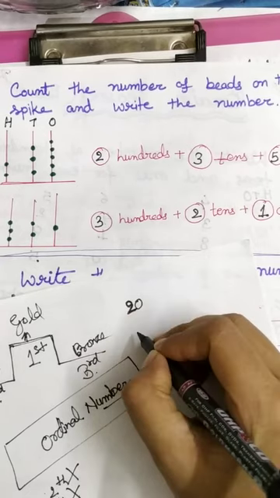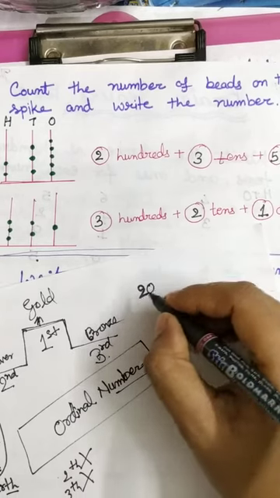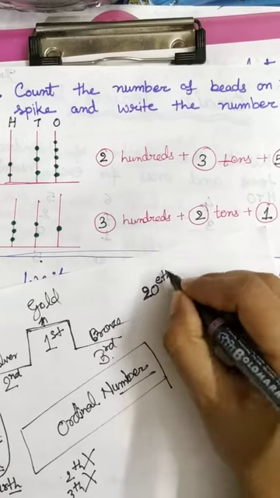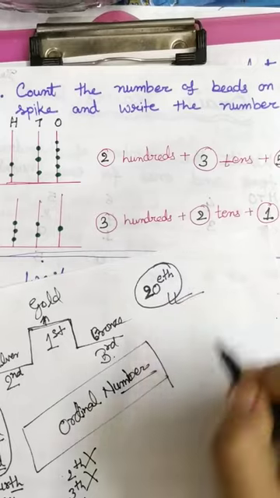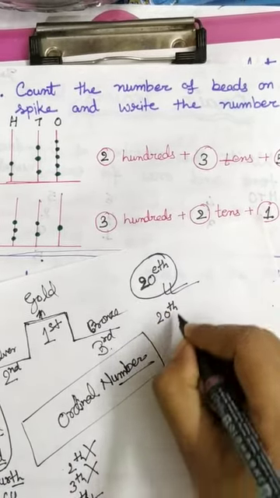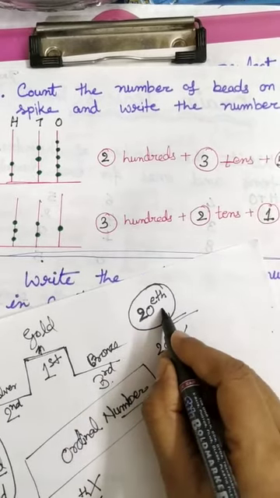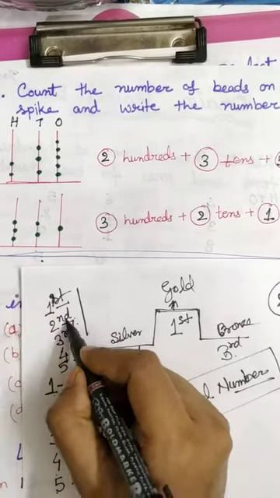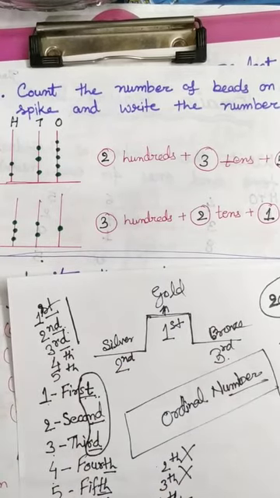Okay, and one more place where my children always do mistake, 20. Whenever you write 20, suppose that your birthday is on 20. The date is 20. So how will you write 20th? Whenever you write 20 in ordinal form, you will write 20th. Okay? You will never write it the wrong way. That is wrong. Okay? This is the correct way. 20th. You will have to learn better. Okay? First, second, third, the last 2 letters of this format.